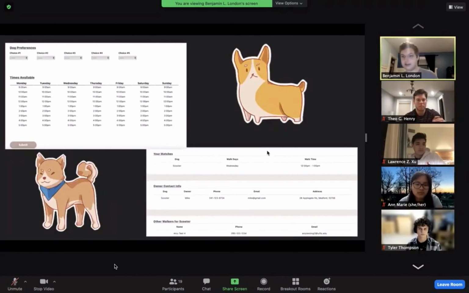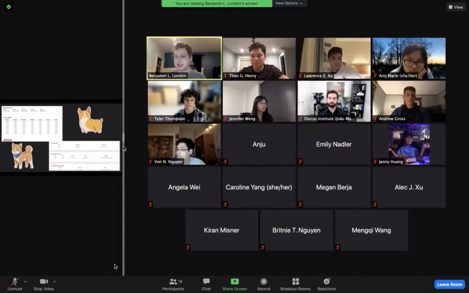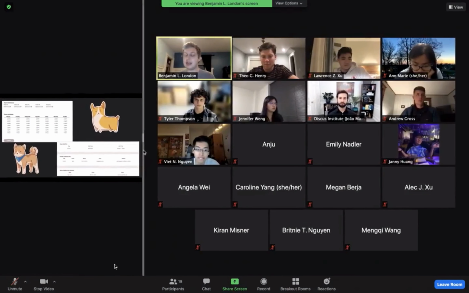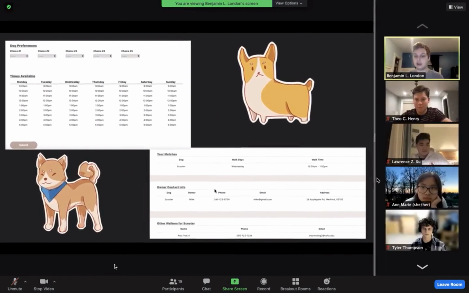Also, on the user end, they have a similar looking interface. You get to choose some dog choices. The algorithm works based on preference. We try to match top choice and then go down the line. You select the times that are available. And then once the algorithm runs at the end of each round of signups, you'll be able to see all